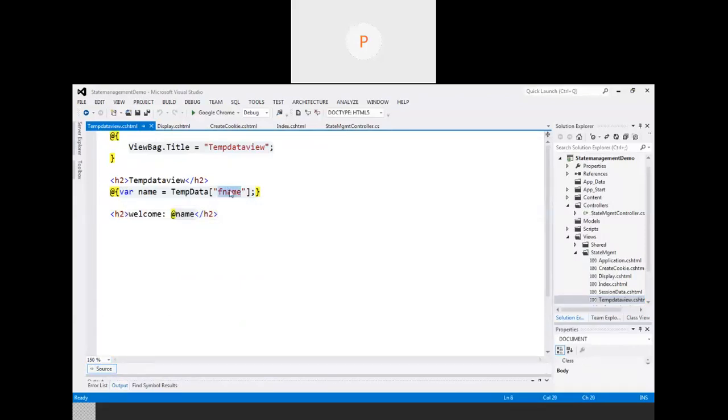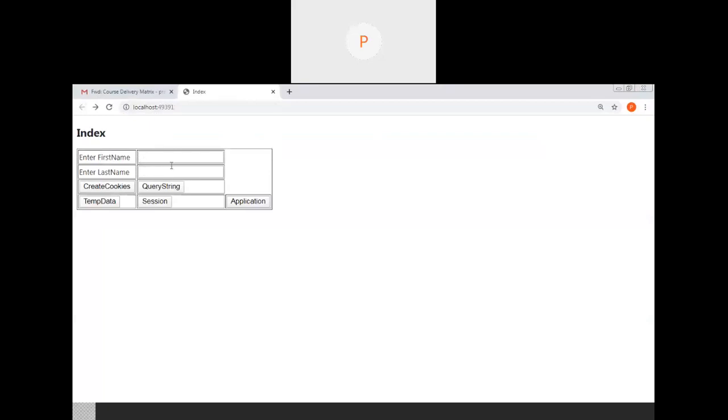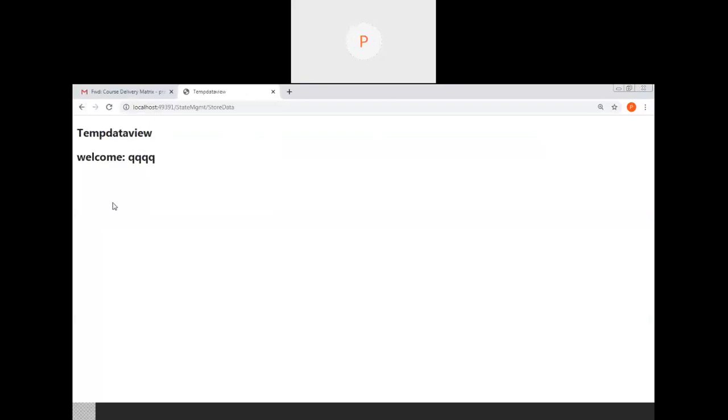You can directly display this over here. It's not mandatory to store the TempData value somewhere within a variable. Now let's see the output. Because I have stored only the first name, that name will be displayed to the user.